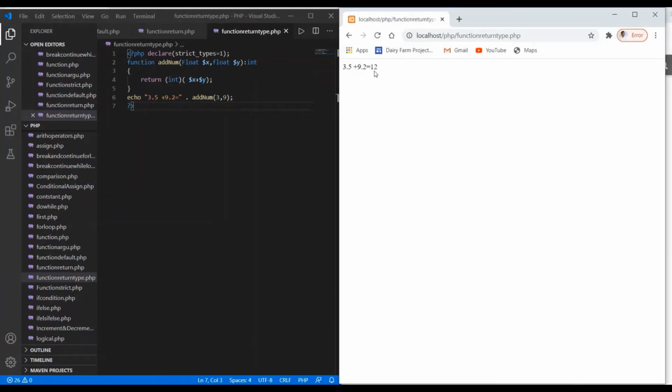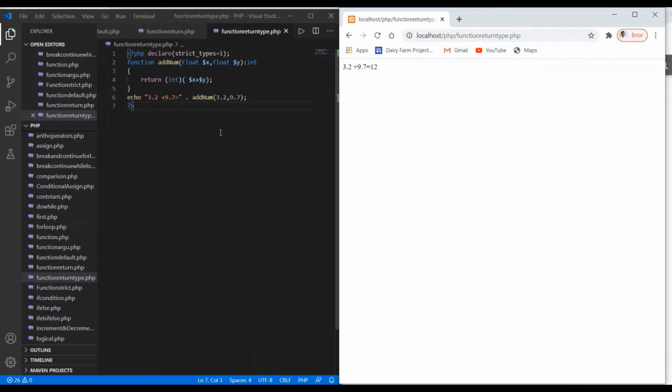We got the result as 12. What will happen if I put this value as 3.2 and this value as 9.7? Save your changes, refresh. Even in this case we get only 12 as the result.